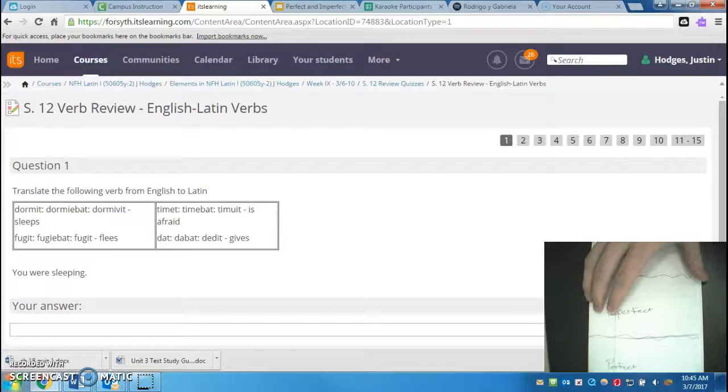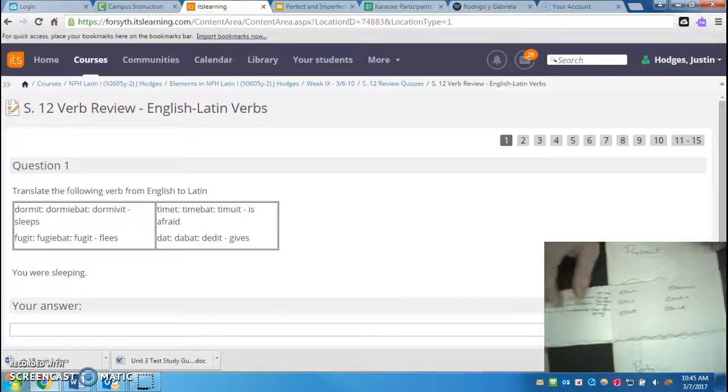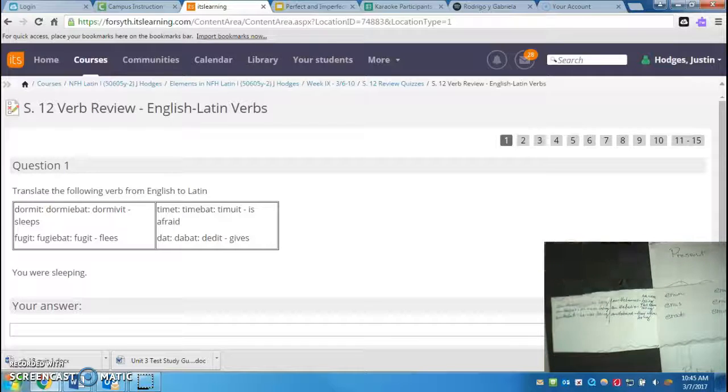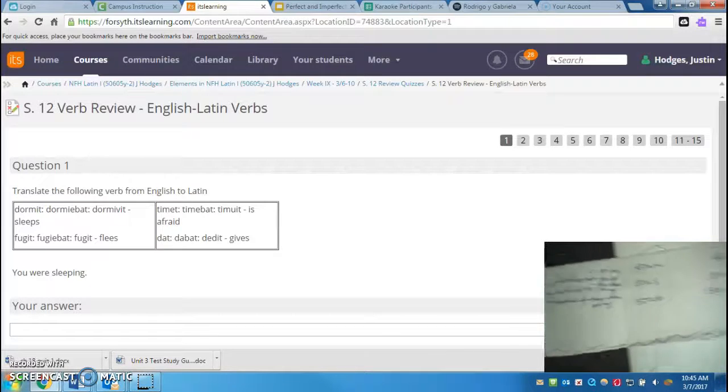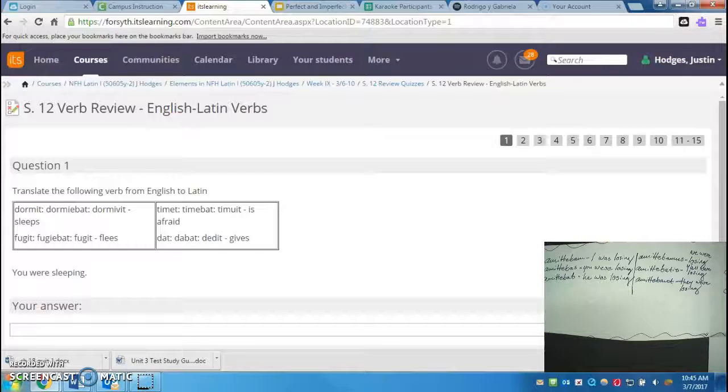So here in the middle we have the imperfect tense. I've already cut mine open. You may not have done that, and that's totally fine. Alright, so you open it up on the inside. This is kind of difficult to see, so I'm going to zoom in here. So we used in ours the verb to lose, amitto, amittere. So instead of losing, we're going to use sleeping here. You can notice that's amittebam, amittebas, amittebat, amittebamus, amittebatis, amittebant.